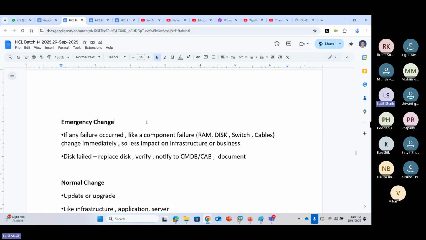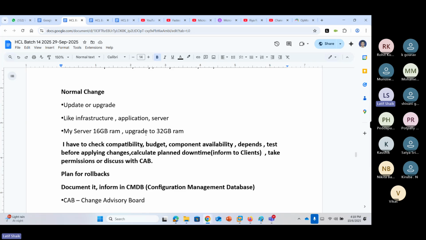No need to document before, but you have to document after. No need to wait for permission from CAB and CMDB. Just do it, and meanwhile we should get permission. Here I've written one thing, disk failure. Replace the disk, verify, notify, and document. This is an emergency.